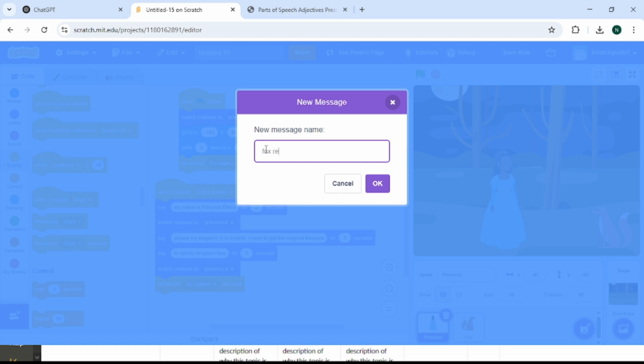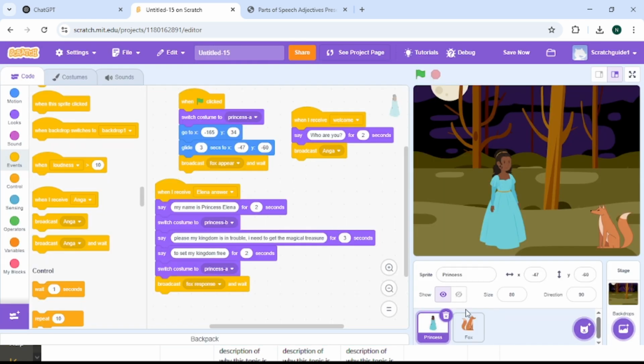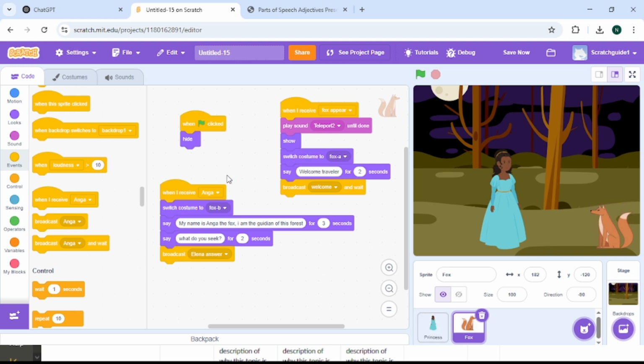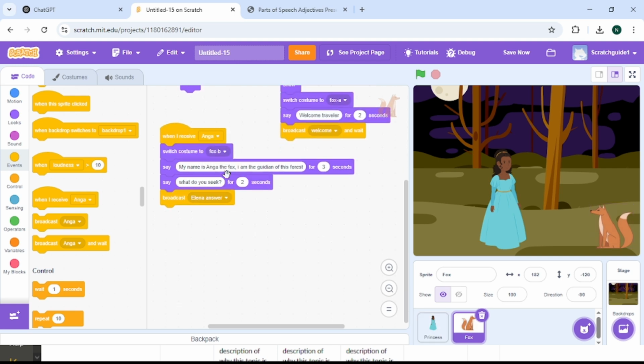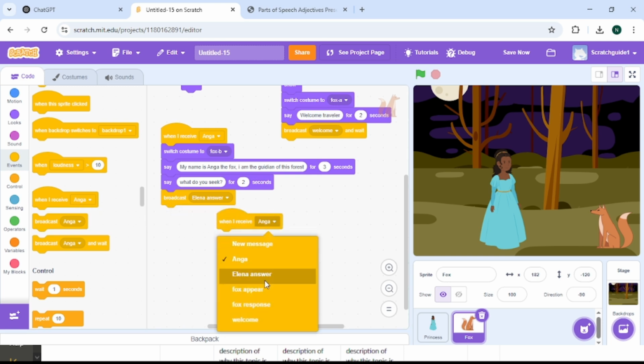Fox response. Enter. So for the fox, when I receive fox response,